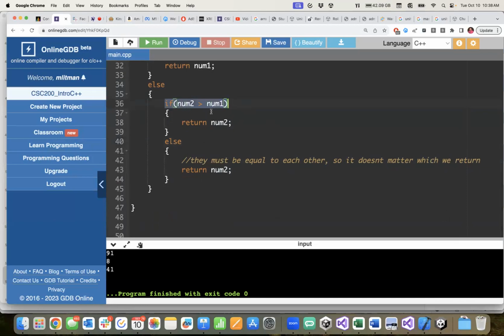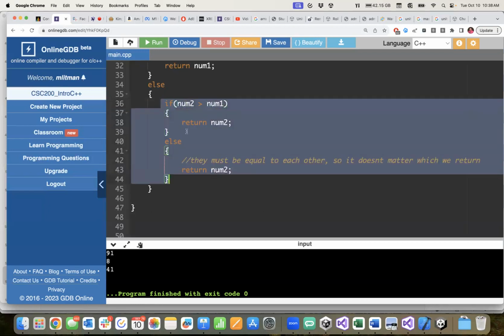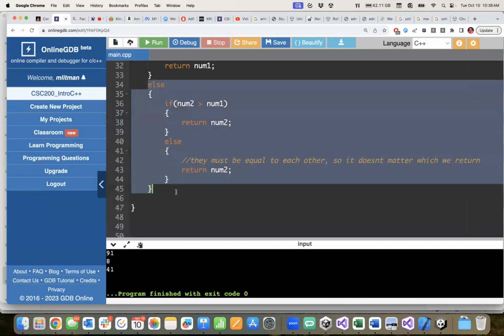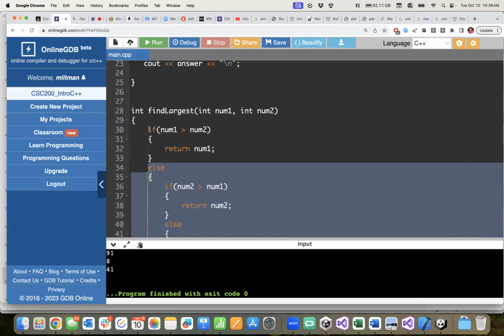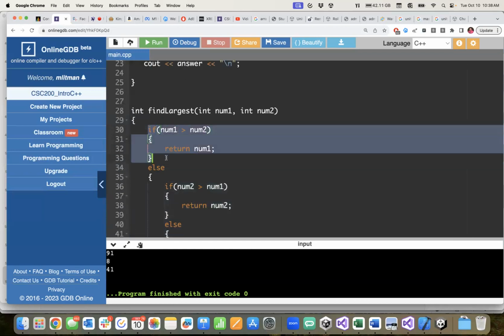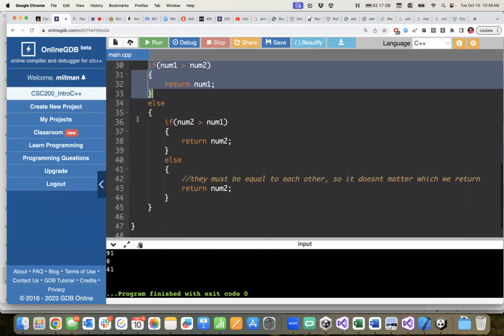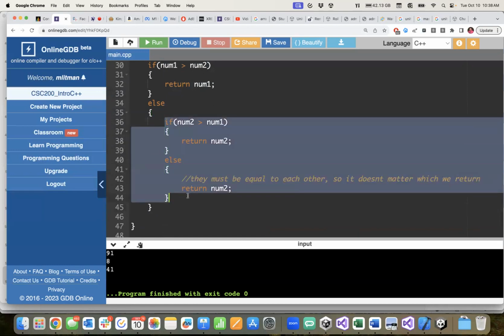If num2 is greater than num1, return num2. Else, we finally got to the point where we can return num2. So this question, if else, exists entirely inside of the second else, which only occurs if we fail here. This is identical to what I had written just a second ago. Okay, the difference here is that I put in the opening and closing curly brace for this else here,